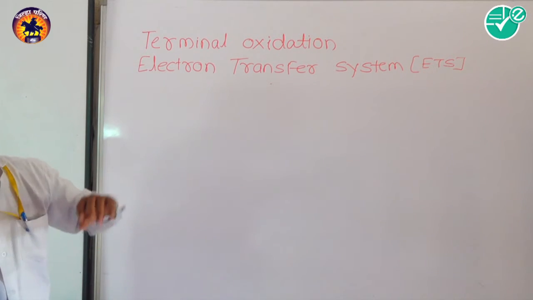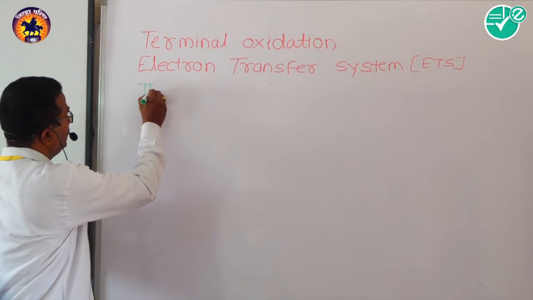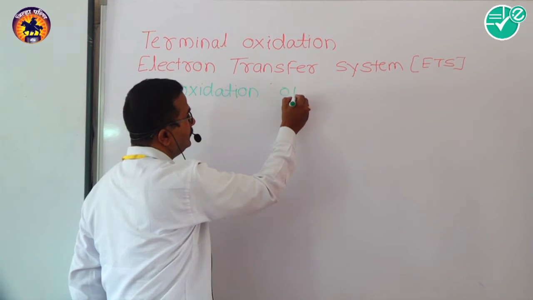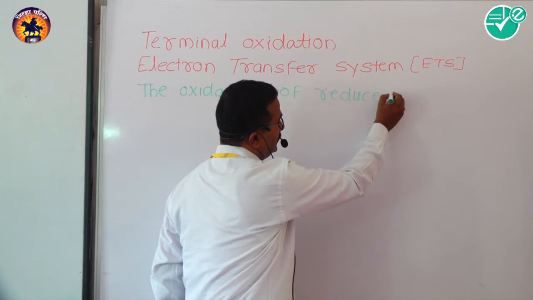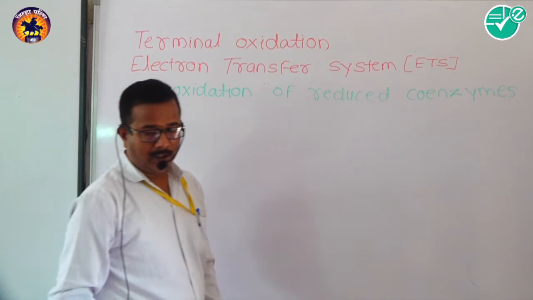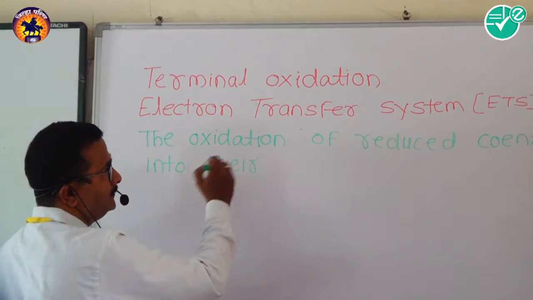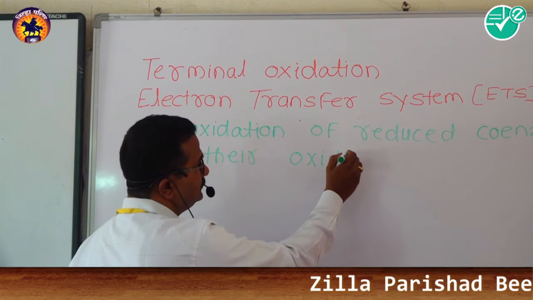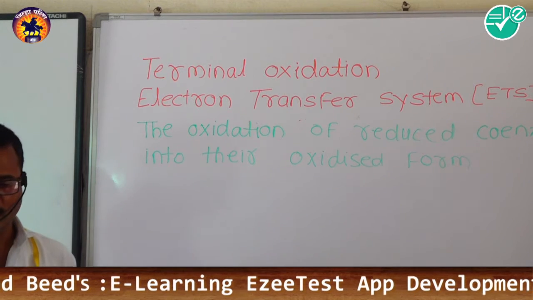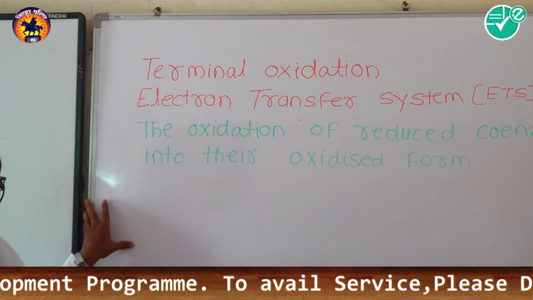What is the terminal oxidation? The oxidation of reduced coenzymes into their oxidized, or we can say the original forms, is called the terminal oxidation. The oxidation of reduced coenzymes,